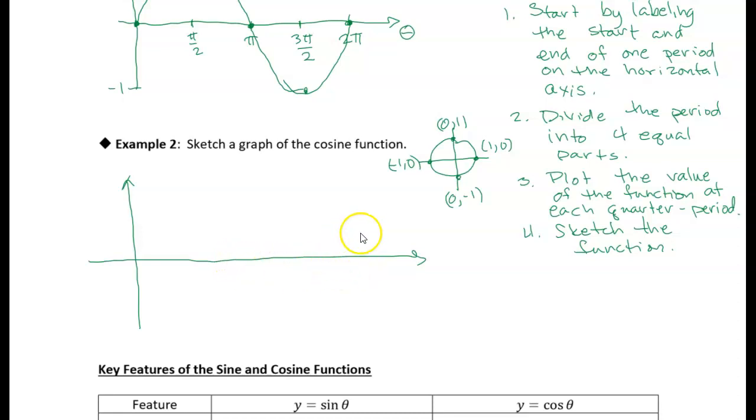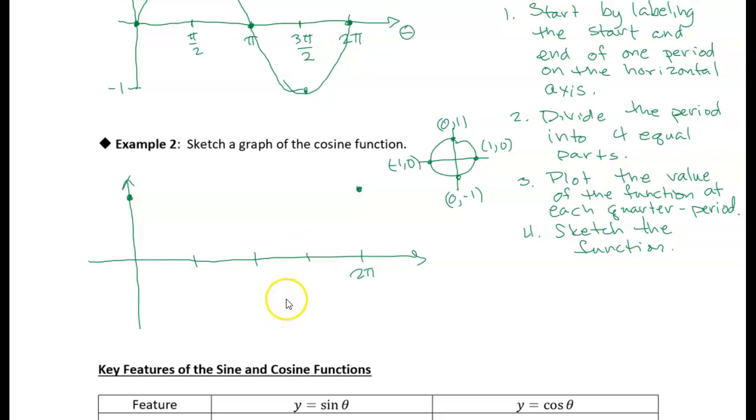All right, so I'm going to start at... I guess I should not plot that point, because I'm starting up at 1, right? Because I'm plotting the x-coordinate. And then one full cycle, let's mark where 2 pi is. I'm just going to plot one full cycle, and again, I end up at 1, because I'm ending back up at the same point that I started at. All right, and then I'm just going to break this into 4 equal parts. So break it in half